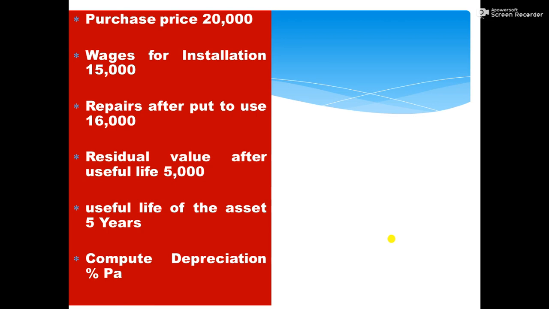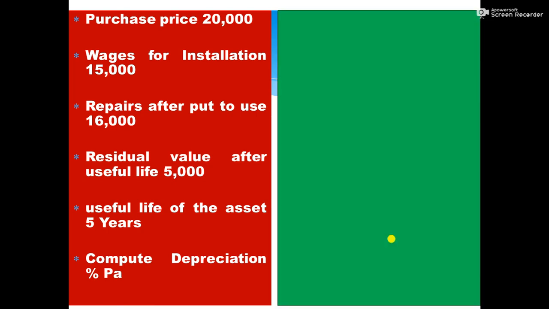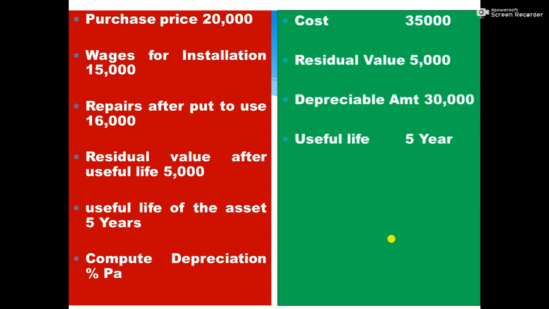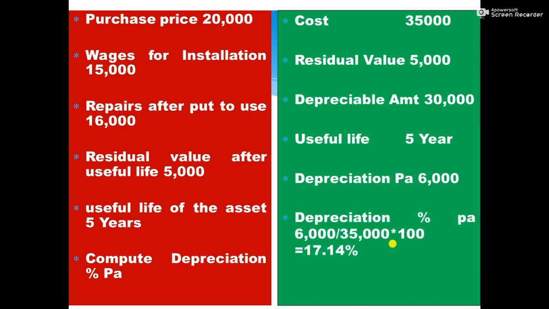Depreciation per annum is 6,000. We already calculated that: 35,000 minus 5,000 divided by 5 years, that is 6,000. Then percentage, how do we calculate? Depreciation per annum divided by cost of the asset into 100. Therefore, 6,000 divided by 35,000 into 100, that is